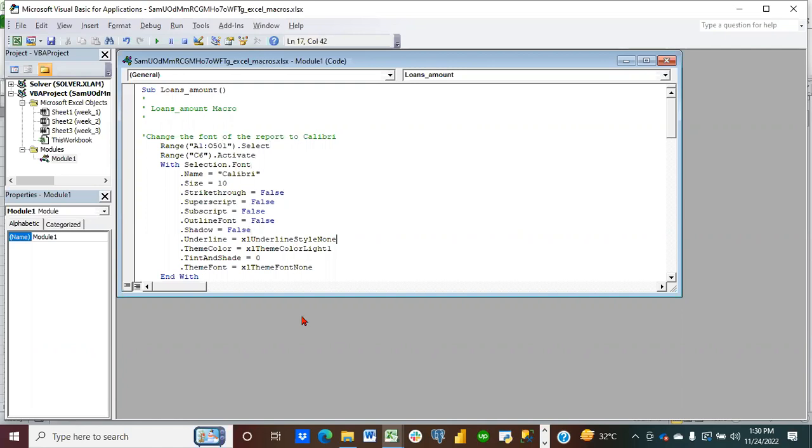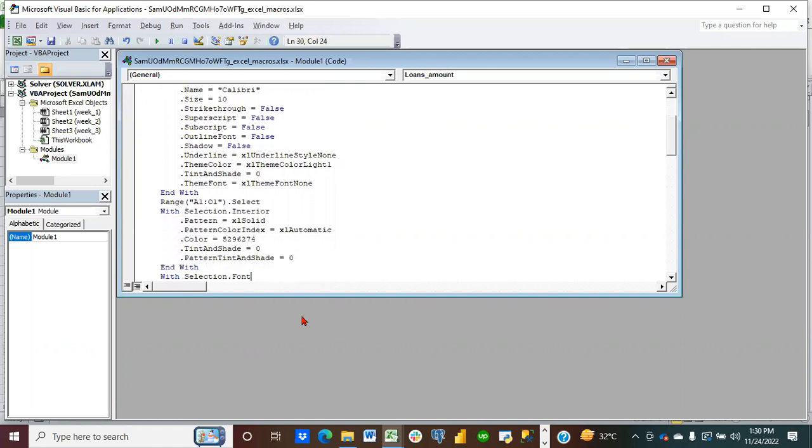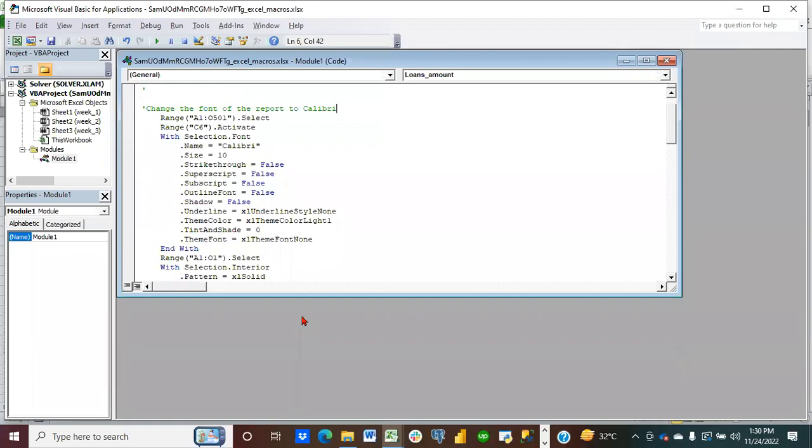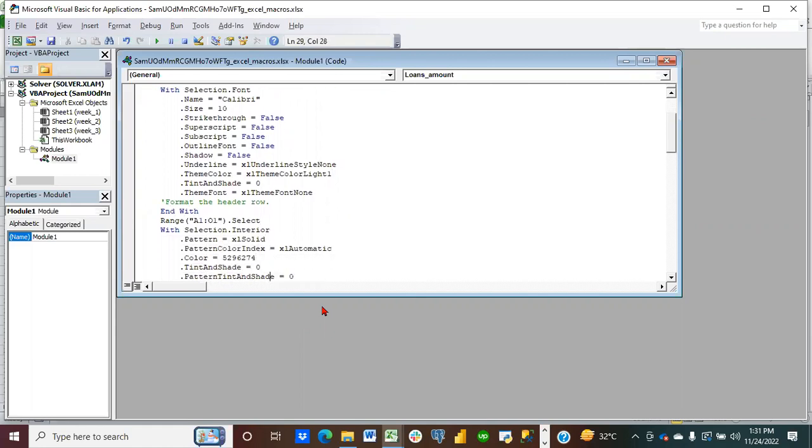Then we go down to the first one here, because that's where we have the second edit, which is to change the header. So we want to format the header row, and after that,